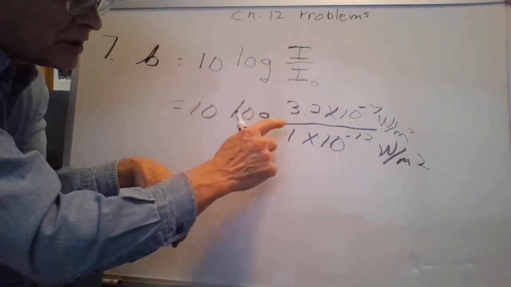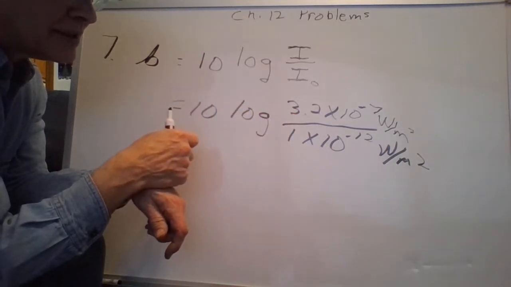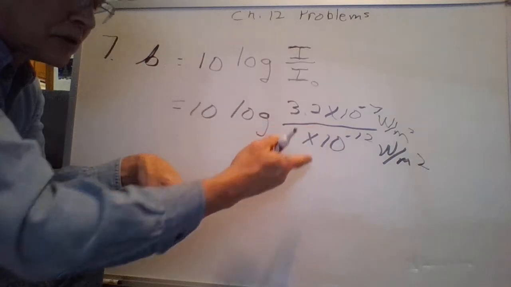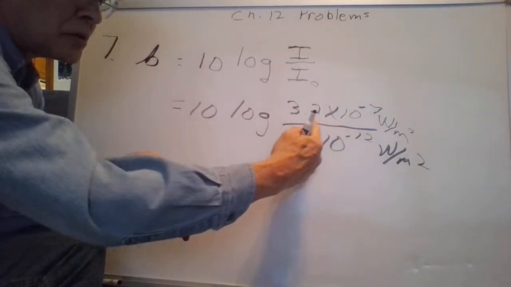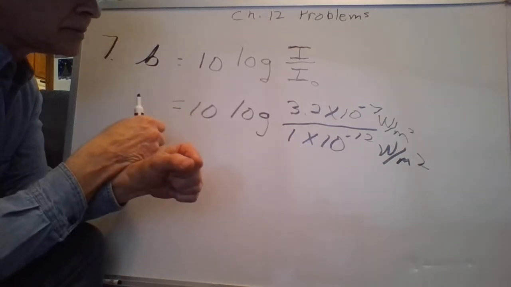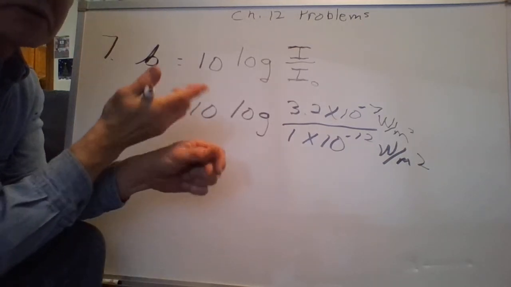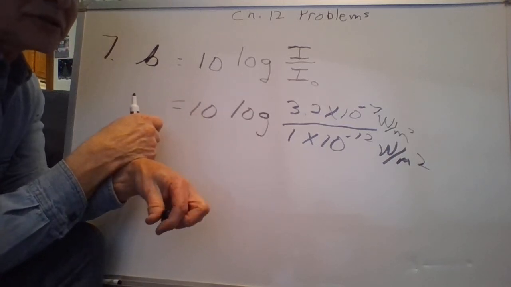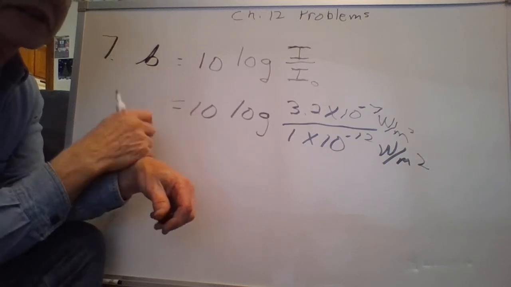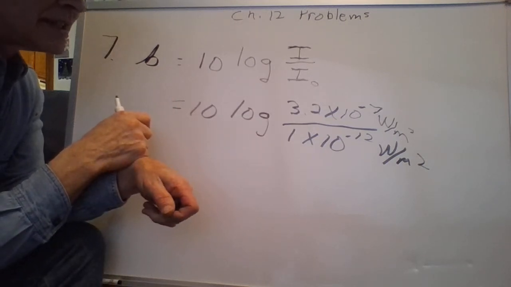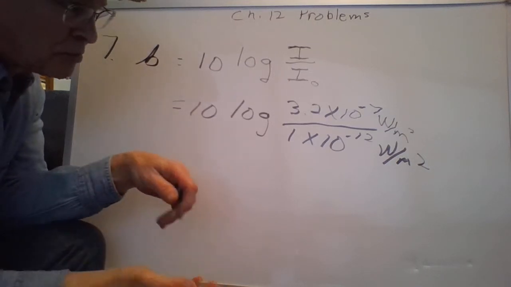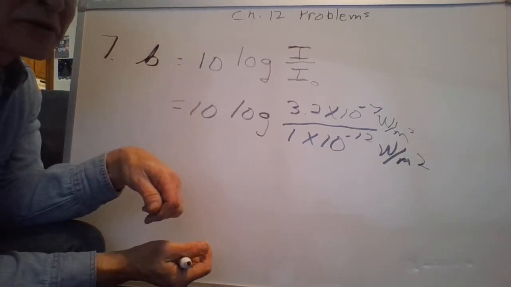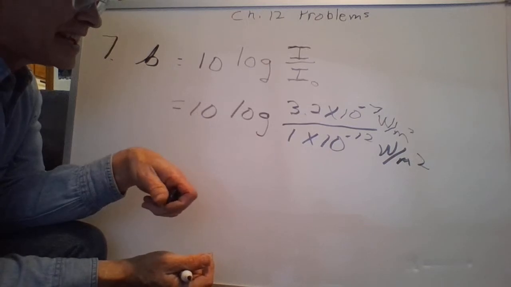But this is larger than 1. That's 3.2. So what we're really wanting to know is what is the log of 3.2. Also, we need to add that to the log of 10 to the minus 7th. When you multiply two numbers, you add their logs. Remember Noah had trouble with two snakes that wouldn't multiply. Fortunately, they were adders, remember? Fortunately, he was a good mathematician, so he put the adders on a log table, and they multiplied. Yay! I had to throw in one bad pun. All right, that's a good math joke.